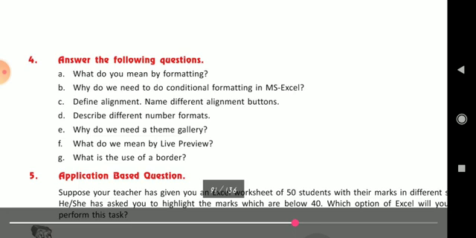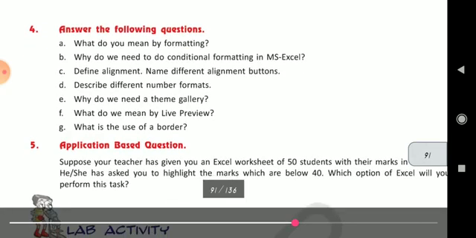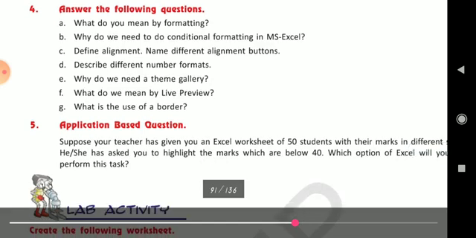Because if the cell value meets the condition, Excel applies the conditional formatting. So the answer is simple, that when the value of the cell meets the specified condition, we use the conditional formatting feature to assign certain formatting. Okay? To assign certain formatting only when the value of the cell meets the specified condition. For that we need conditional formatting.